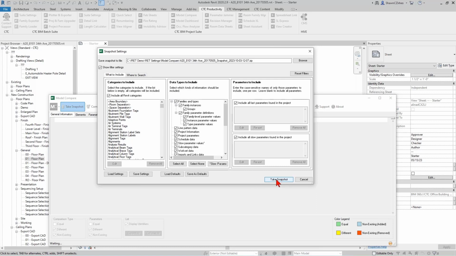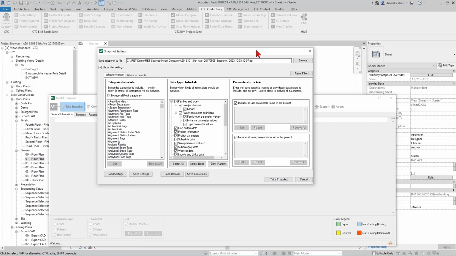Now, ultimately, what you would do is click the Take Snapshot button once you have your configuration all set and ready to go the way that you want. You take a snapshot and you let it cook for about 3 to 5 minutes, depending on your model size. Some models, if they're in the 1 gig range, might take up to like 10 minutes to actually take a snapshot,